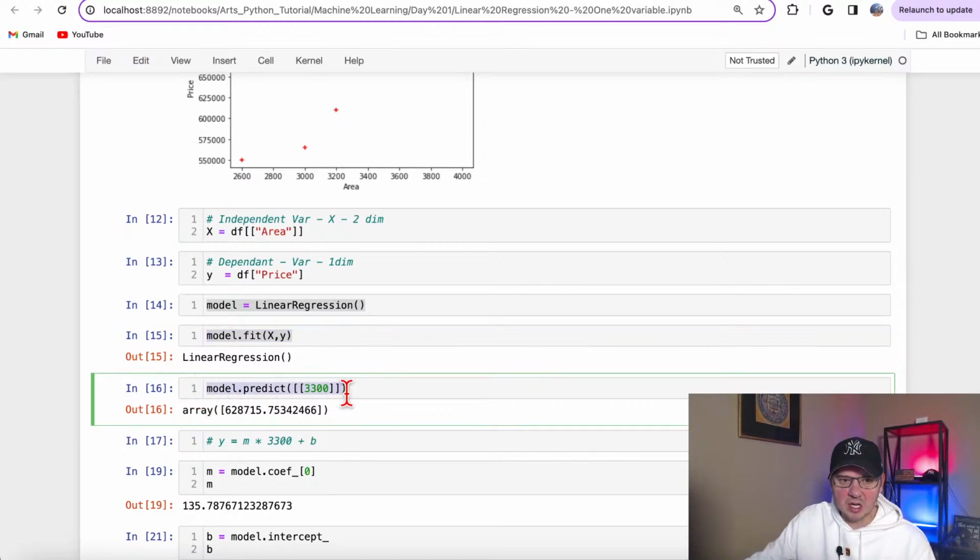So in this case, obviously this is a little made up example, where we're trying to predict the price of a house if the square footage of the house was 3,300, and apparently based on historic data, such a house should be priced at $628,000. Again, if you're in real estate, don't write bad comments for me, because this is just a made up example, and this is how we start learning all these